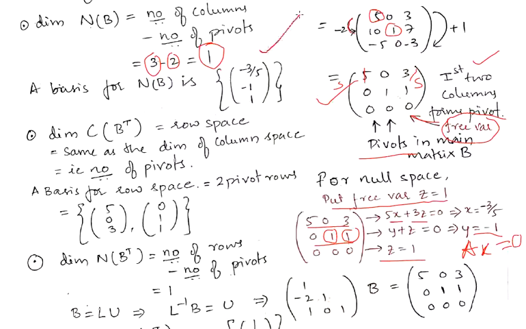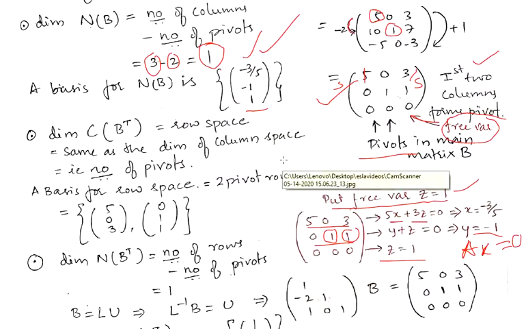See, this is the basis. So what did we study now? We studied the dimension of the null subspace. How do we find the dimension of the null subspace? It is the number of pivot columns subtracted from the total number of columns present in the matrix. So that is 3 minus 2 is 1, and 1 means we will have one vector. One vector we have found by placing the free variable z equal to 1, right?